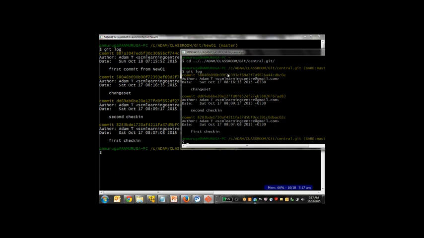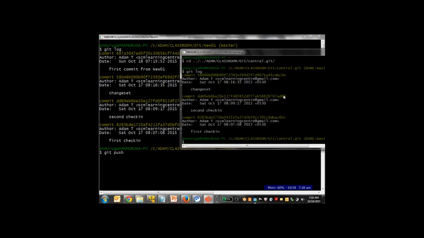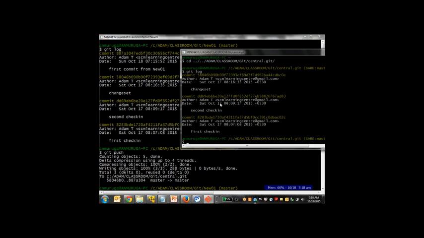Now again, when you as a user has done all the changes, and now when you feel that this has to be given to the customer, or this has to be stored as a central place wherein others can take your changes, then what you can do is you can simply do a git push. So when you do a git push, what it will do, it will try to take the changes which you have done currently in new 01, and it will update your central.git with respect to that. Okay, so now you have updated. So now if you just quickly scroll down,